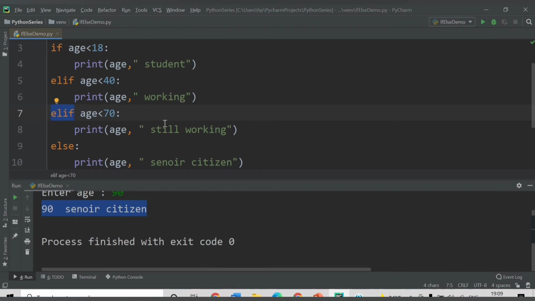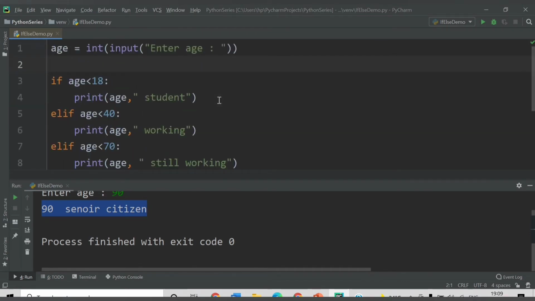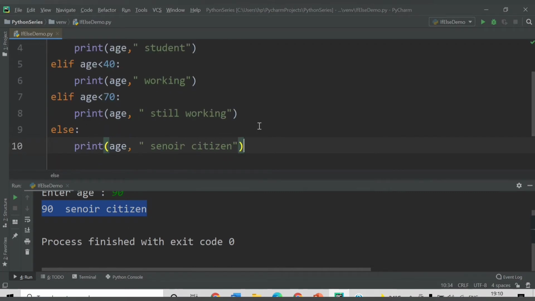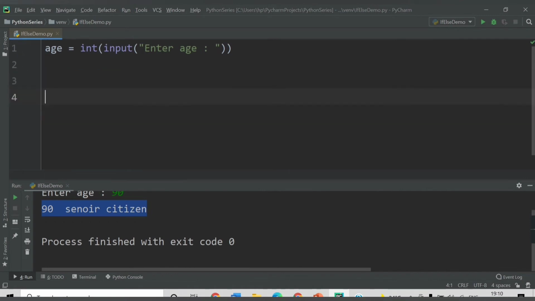You can check multiple conditions, and depending on which condition becomes true, that part of the statements will be executed. So what we have learned in the previous video and this video is the if block, else block and elif block. Another feature of if else conditions is that they can be nested, like we can have multiple conditions inside the if as well as inside the else block. So let's check that. We want to learn nested if else now.